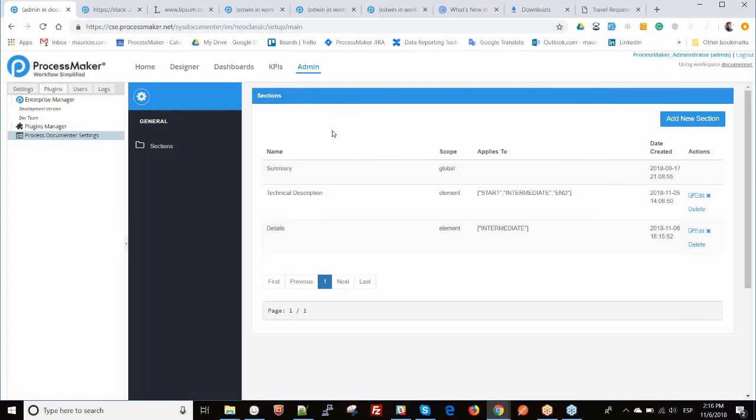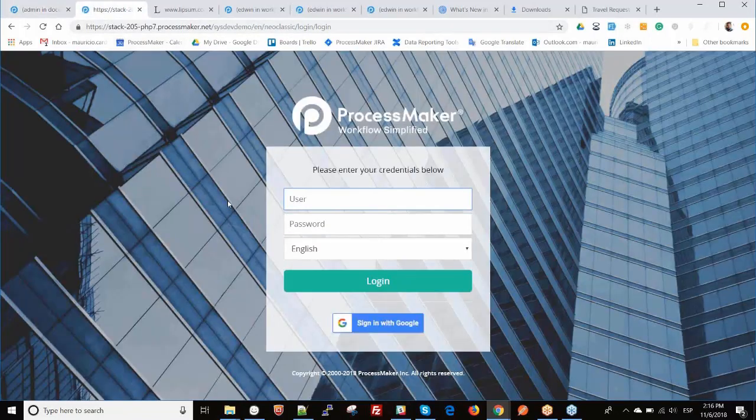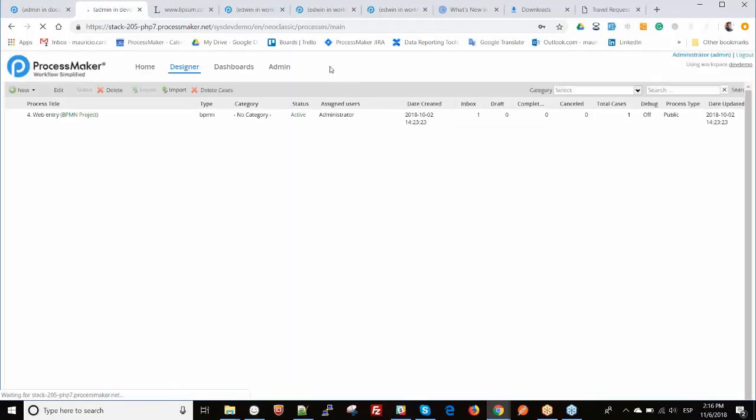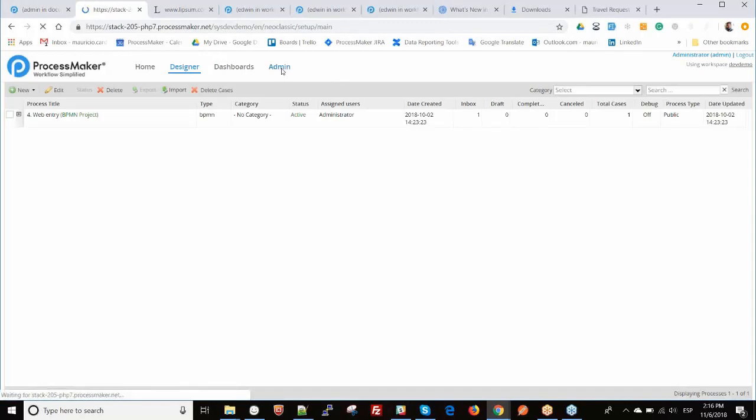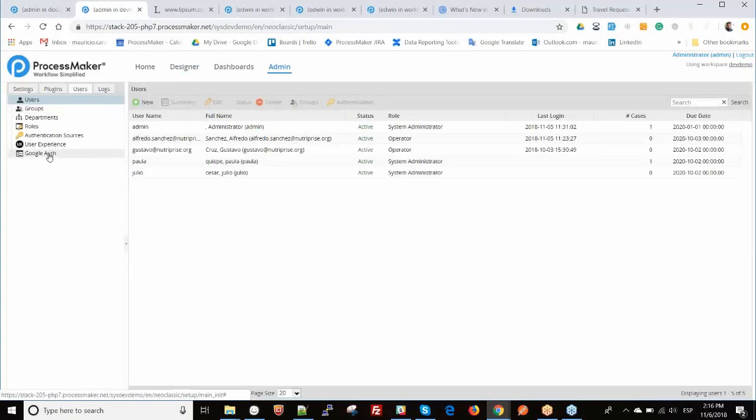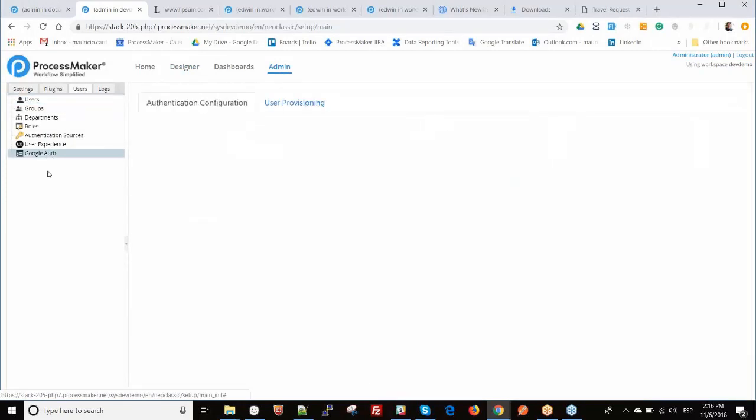It's very simple. Now let's go to the Google Authentication plugin. And this one is very exciting because the configuration is very simple. You just need to enable the plugin, and you will have a new option in Users for Administration, where you can set the configurations for the Google Authentication. Here, you need to specify,